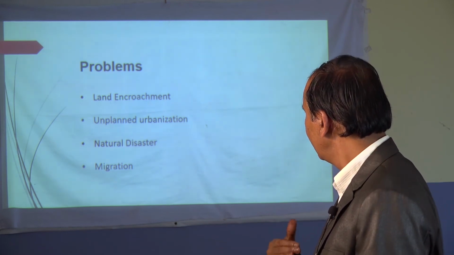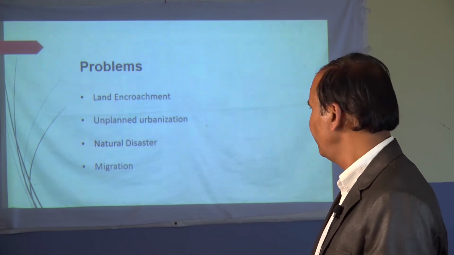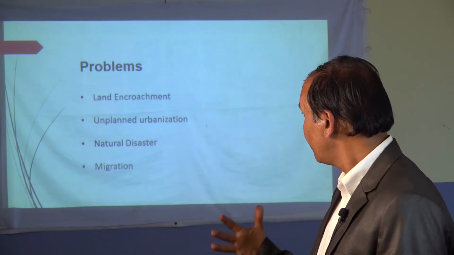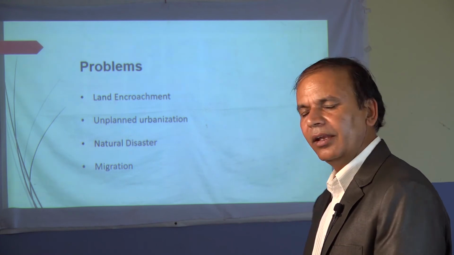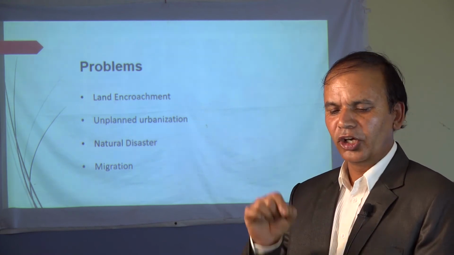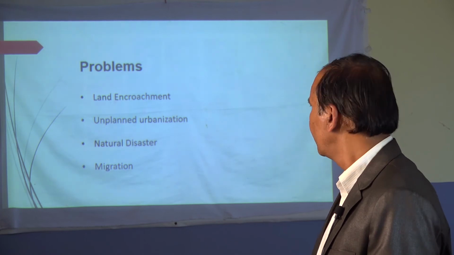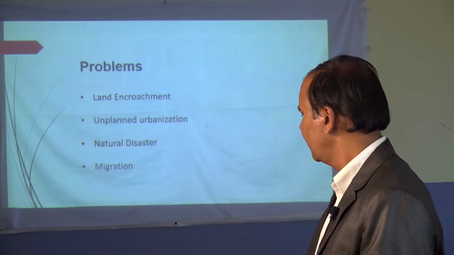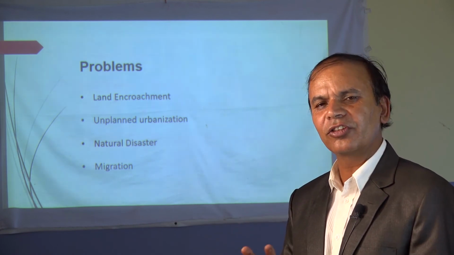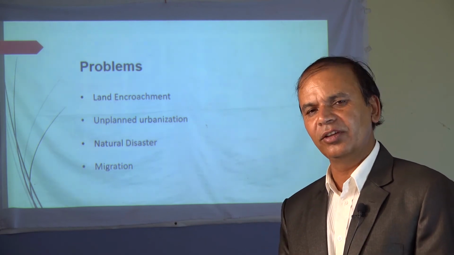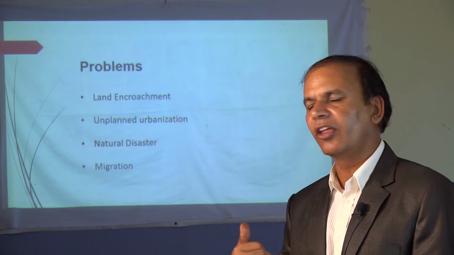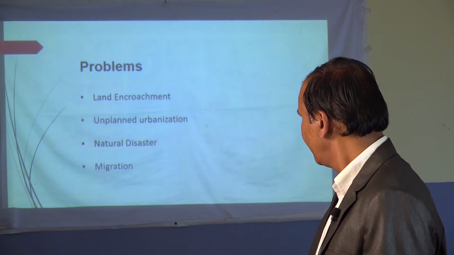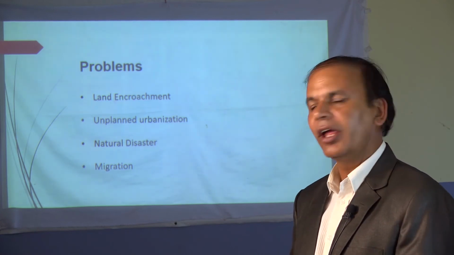Now, as we read about the problems of Province Number One, Province Number Two, or Bagmati Province, there are different problems here. There is a problem of land encroachment because Gandaki Province borders India, and there is China too, and there are border disputes. It is the burning issue, a burning challenge. It has to be solved as soon as possible. If we solve it in time, then we can do better in our economy.